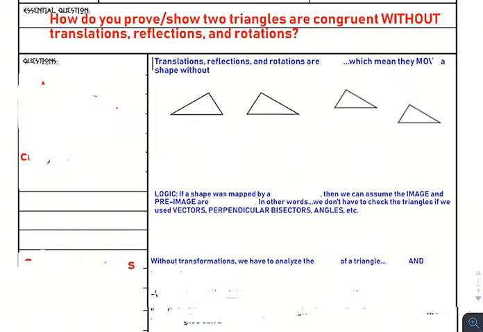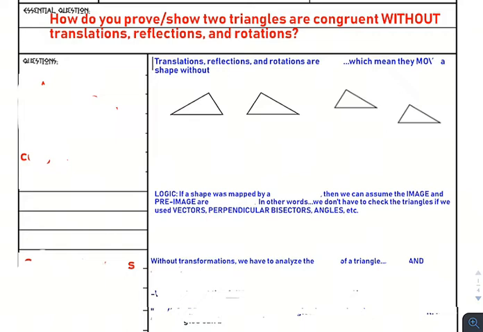And so the thing we're dealing with today, this is Unit 3, the first day of Unit 3. We have to talk about triangle congruency. And so the big question is, and as you maybe pause the video and get these questions down, hopefully these notes will help you answer this big question: how do you prove or show two triangles are congruent without translations,